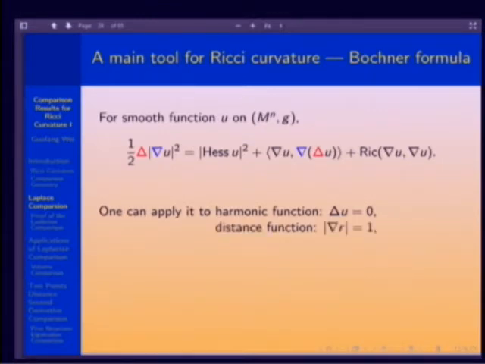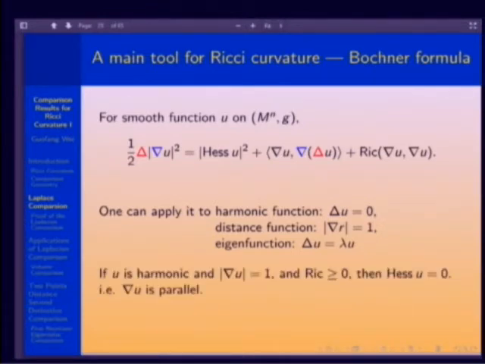Or you can apply it to distance functions. For distance functions, the gradient has constant length, so that means the left-hand side is 0. So that simplifies things in this case. Or eigenfunctions. So you can apply it to many special functions and get many important equations. That's how it's used. And we're going to actually apply it to the distance function in a minute. Let me just see also why it's important. In another case, if you have a really special function, namely the function is harmonic and has constant gradient length,